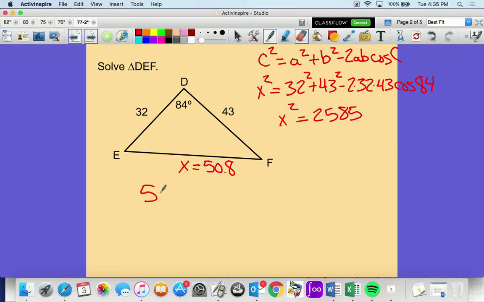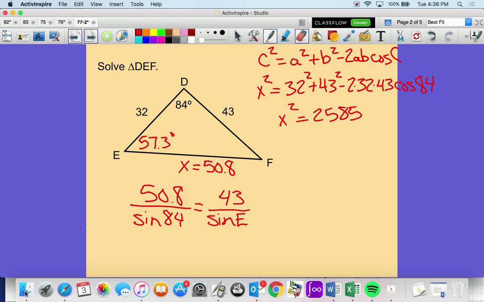So we've got 50.8 over sine of 84 equals, and then say we want to find angle E, we've got 43 over sine of E. So we cross multiply: 43 sine of 84 divided by 50.8 gives us 0.84, and then we have to take sine inverse of that answer to get approximately